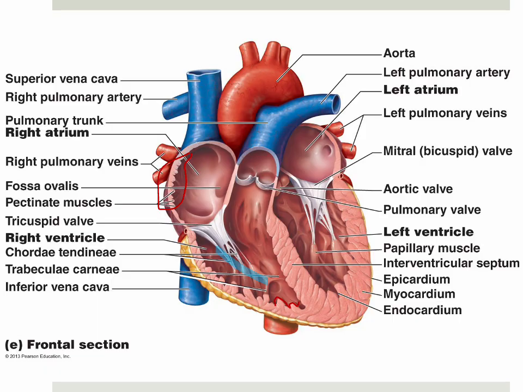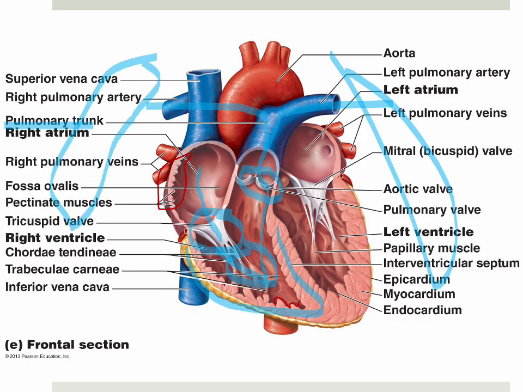So blood is flowing from the right atrium, passing through the tricuspid valve to the right ventricle, and then the squishing or contraction, also known as systole, of this chamber is going to push blood through the pulmonary valves to the pulmonary trunk, and from there it's going to go to the left pulmonary artery to the left lung, and also at the same time to the right pulmonary artery going to the right lung. Okay,